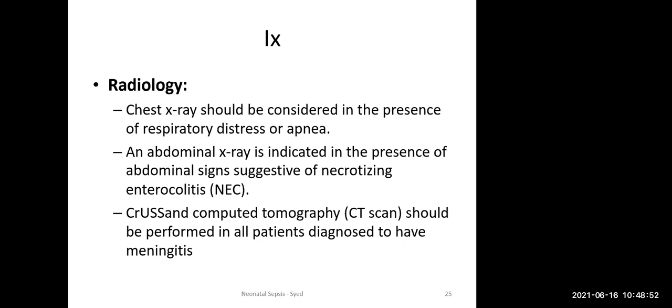Maybe you tak perlu buat, tapi you kena buat blood investigation lah. Kalau contoh, for example, you've got a child yang at birth, very lethargic, poor sucking, then you have to do blood test lah, check FBP, FBC semua. And if there's evidence of infection, but you don't have the source, then you may need to do chest X-ray to get clues where is the source of infection. Because again, pneumonia is the most common source of infection in early onset sepsis. Okay, next.